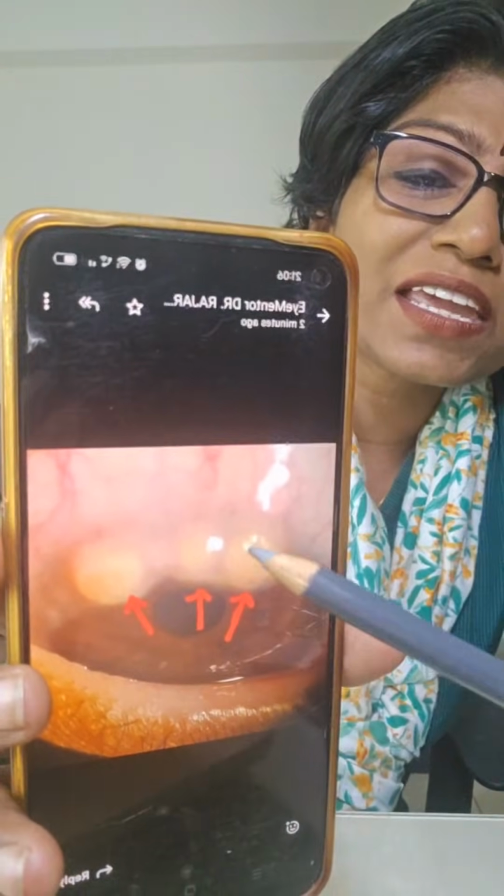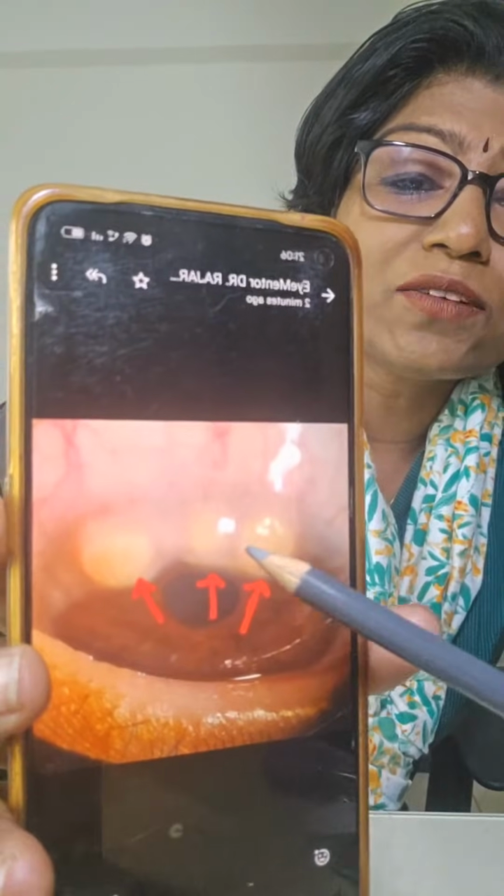Okay, so there are various variations of this that you get. Now, this one, if you see, it is Horner-Trantas dots will appear very gelatinous. Okay, they're gelatinous, elevated nodules, or they are basically limbal follicles. Okay, they're basically follicles which are located at the limbus, and it is not giant papillae, because giant, I'll tell you why it is not giant papillae, and why it is not Flicton, and why it is not what is the other one,